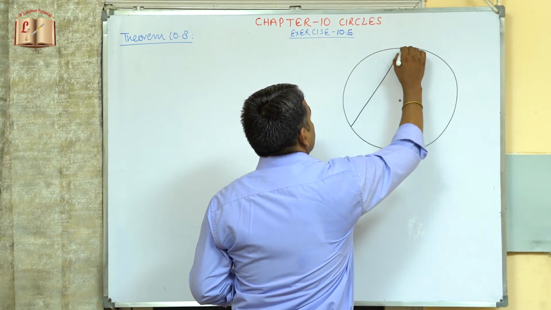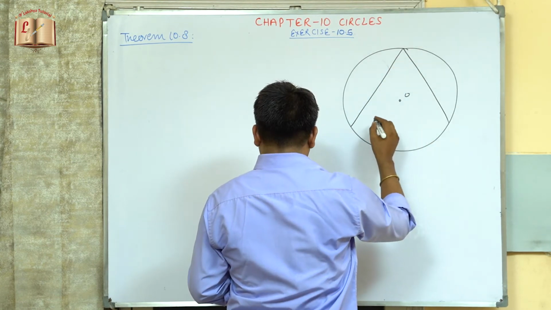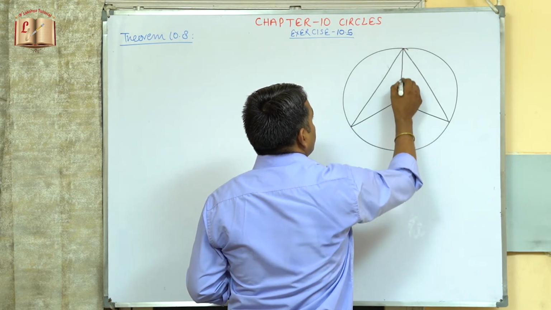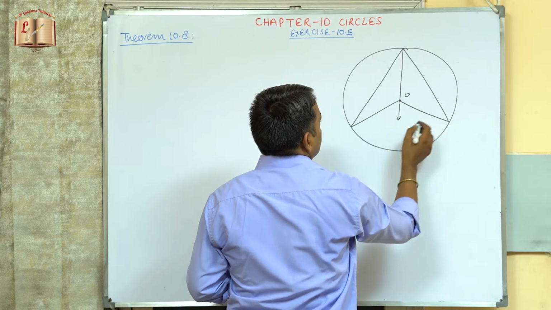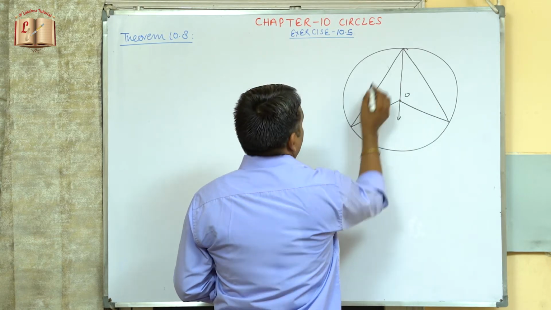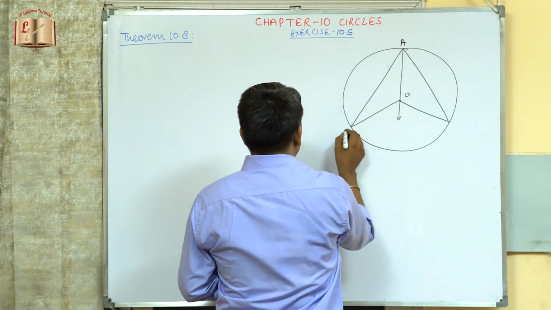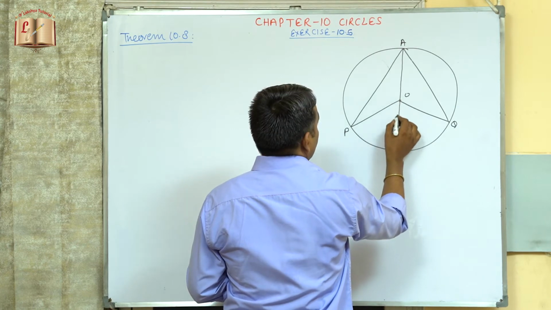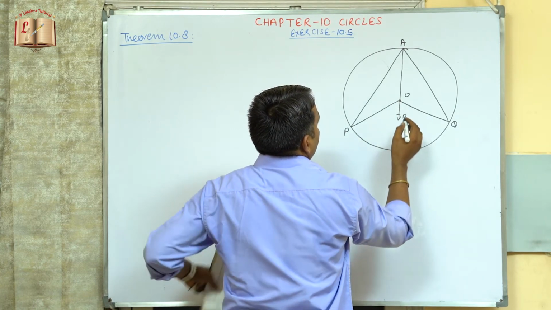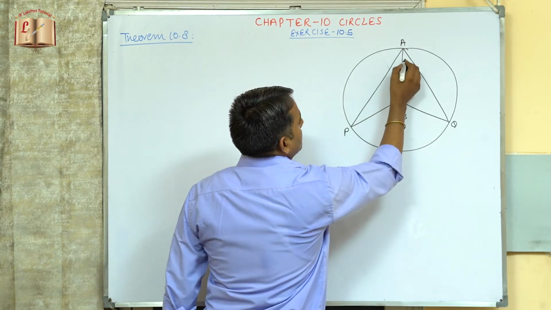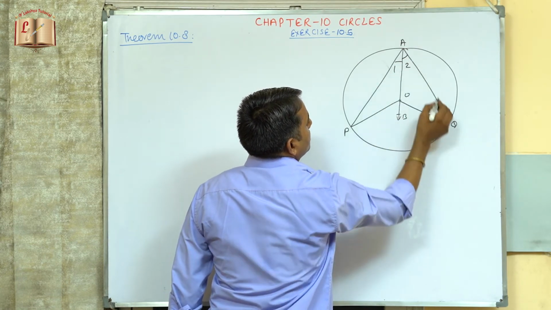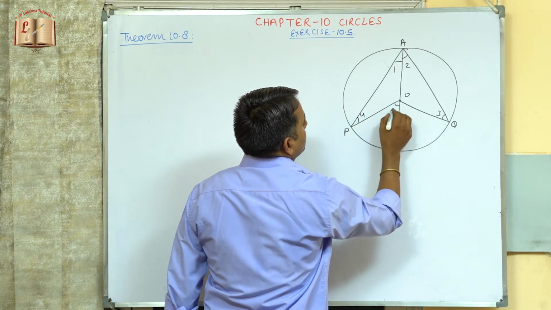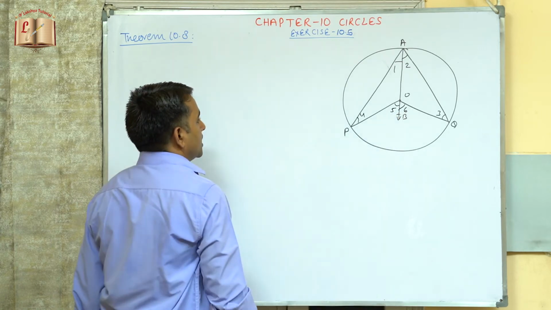So this is an arc given to us, and from here this is the center of the circle, and we have drawn this point on the outer circle. If we take these points as given in the book, A, P, Q, and this is the center O, and this is point B. Now suppose this is angle 1, this is 2, this is 3, and again this is angle 4, this is 5, and this is angle 6.